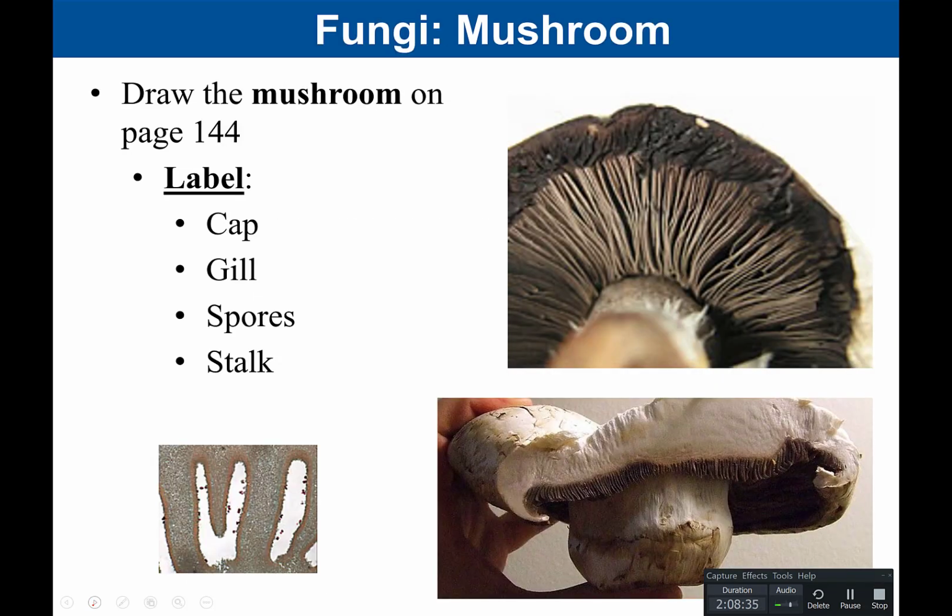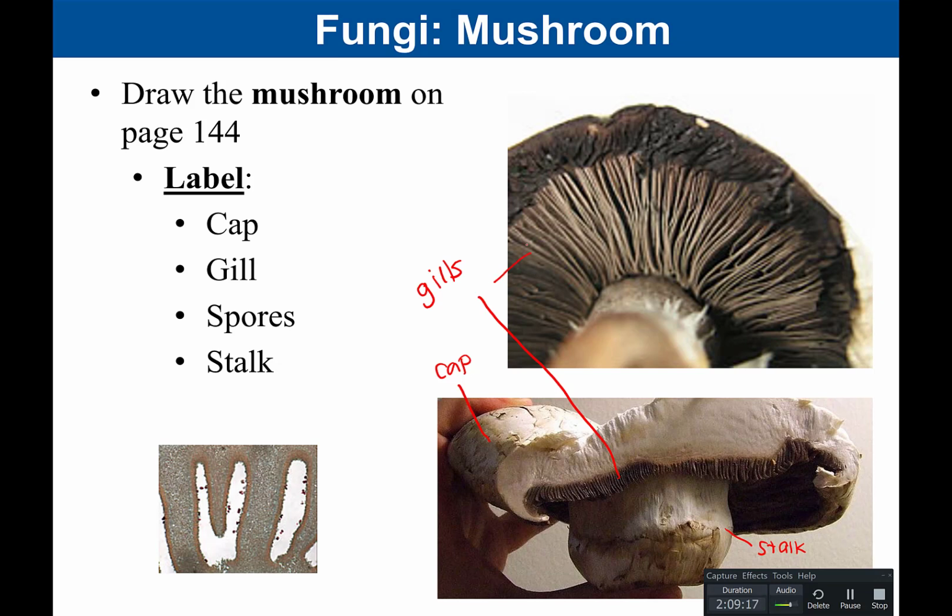And then the last fungi that you're going to draw is going to be a mushroom. And so you're going to draw a mushroom on page 145. And there are several parts that you need to label. You need to label the cap. So that's this top part here. The cap. You need to label the stalk. That's the stalk. The gills. The gills are those little lines. You can also see them there. The gills are the little lines